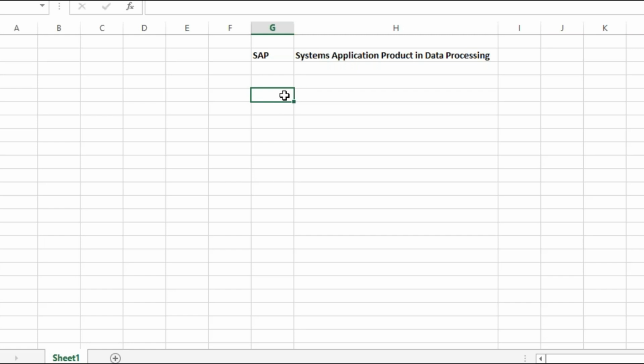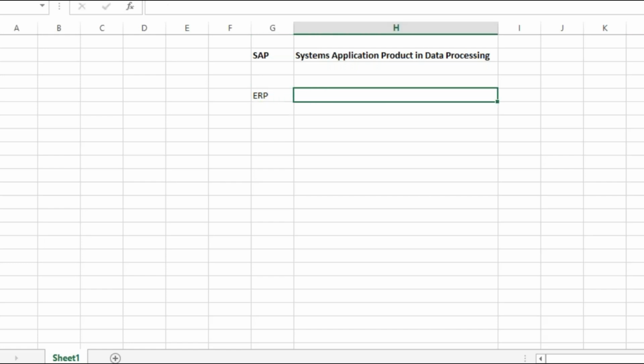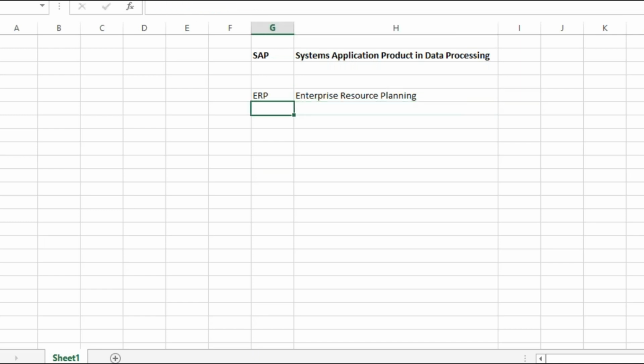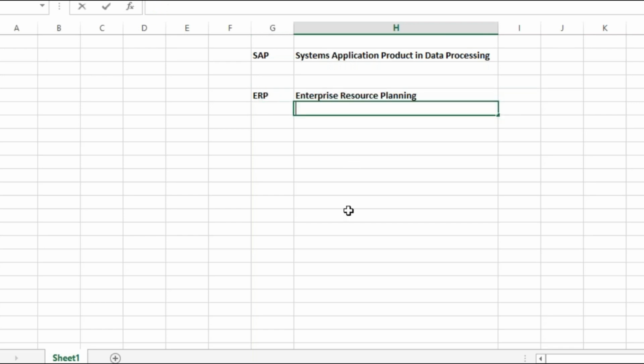So before knowing what SAP is, it's important to understand what an ERP is. Enterprise, resource, planning. What is an enterprise? An organization, a business, any legally established entity with the motive to earn profits.